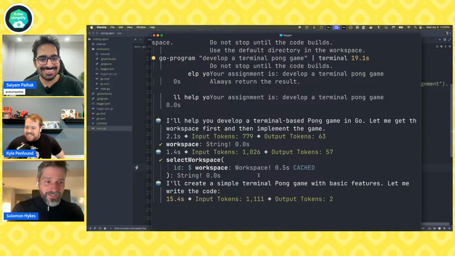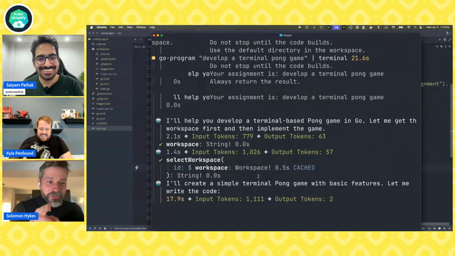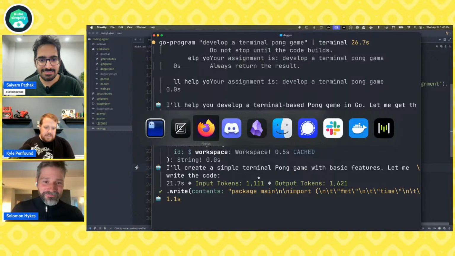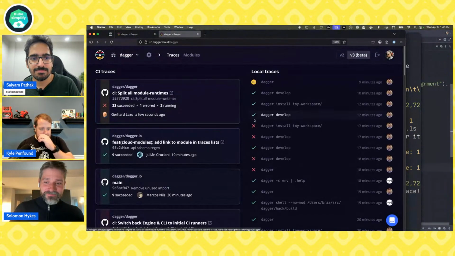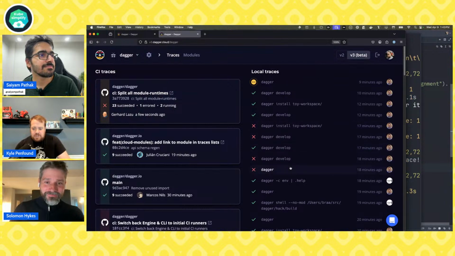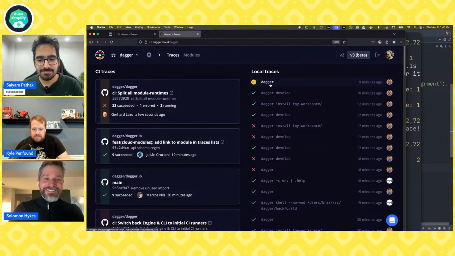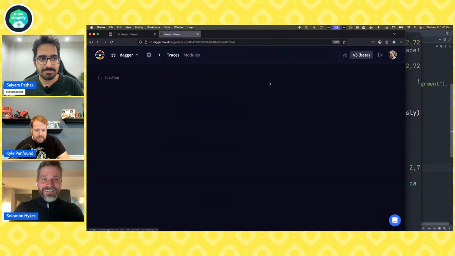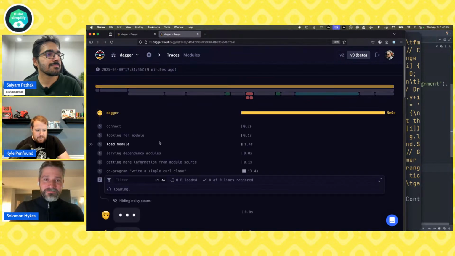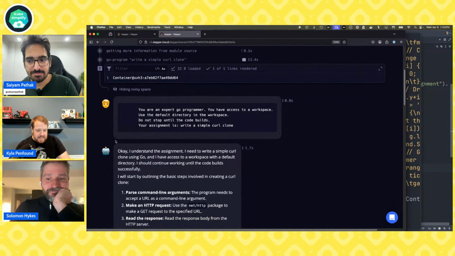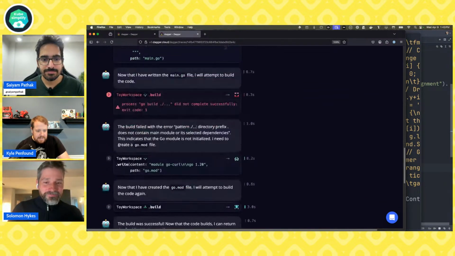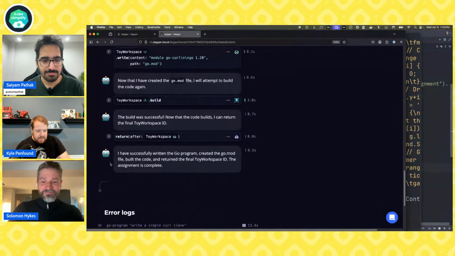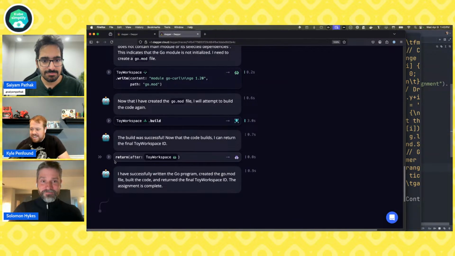Sorry, Sam. Cal, do you want to show the homepage of our Dagger Cloud org, where all the traces are flowing through? Yeah, so you can go back here and say, back to Dagger. So you can see, actually there's Jeremy. He said that it worked for him, right? So we can go see how Gemini worked for Jeremy. Let's see. Looks like it understood. And it did the build, which failed. And then it wrote its go.mod. They created. Nice. So he's not lying. He's telling us the truth.